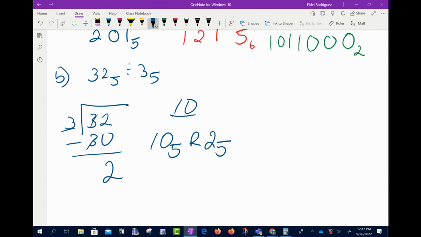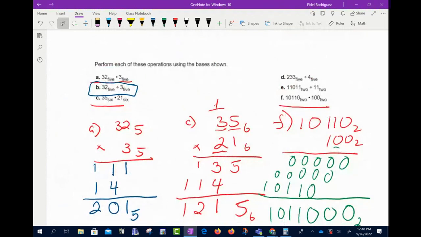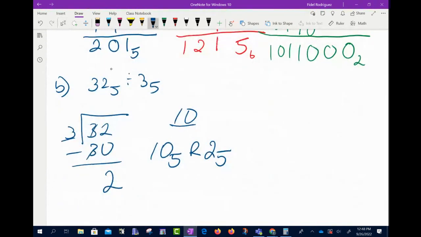I'm going to do the same thing for the next one, okay? Where are we? Here we go. 233 base 5 divided by 4 base 5. Okay, so 233,